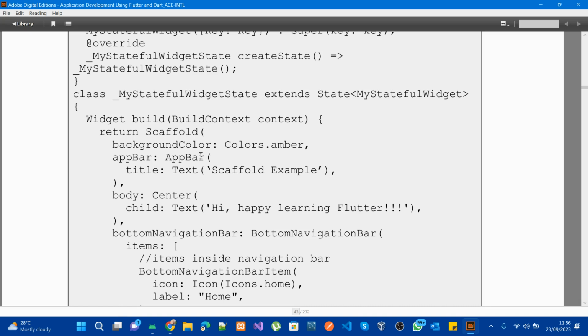Scaffold is like your room, and then you want to decorate that room with different items. You want to put your monitor, your chairs, your calendars, things in the room. So see the scaffold as the room and every other component as an element inside your room. Now we have our scaffold defined. Now in the scaffold, we want to add a color to our background. So first of all,